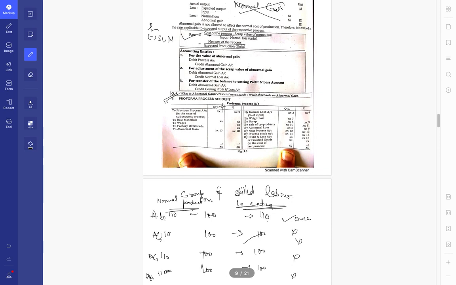I hope this is clear till now. Now this is the actual basic performer of your process account, everything that goes into it, everything you may need for it, and how to calculate. I will explain each and everything. So if this is not the first process, it is the second or the third or any other process other than the first one, you will have a balance from the previous process account. Now the quantity and the amount, you need to take it as it is from the previous account.